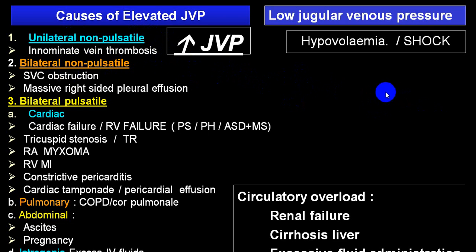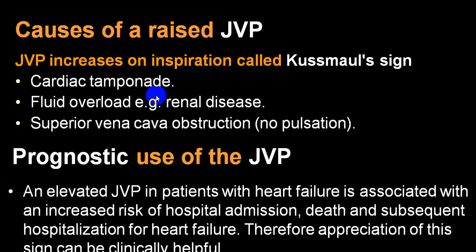So this is a very important slide, very frequently asked in your oral, and you can be asked for a short note on jugular venous pressure. So do remember. If the jugular venous pressure is elevated and the column rises during deep inspiration, which is just the opposite of the normal phenomenon, we call it Kussmaul's sign, classically in a case of constrictive pericarditis, and then you can mention cardiac tamponade, volume overload. Superior vena cava obstruction, where there is no pulsation, just forget about that. In superior vena cava obstruction it is non-pulsatile, so there will usually be no change during inspiration.